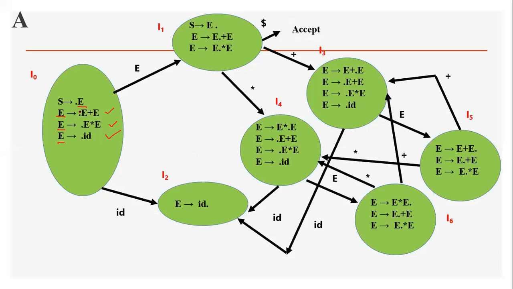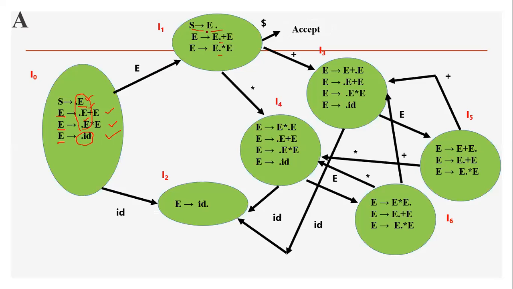Now, see, very important that you have to move on E. When you move on E, see this, we are having E, we are dot at the front at three places. Okay. So only on E you have to move. On ID you have to move. Only that much, is it not? On E, it will take you to three productions where S derives E dot, E derives E dot plus E, E derives E dot star E. Is it not? See, movement of dot.